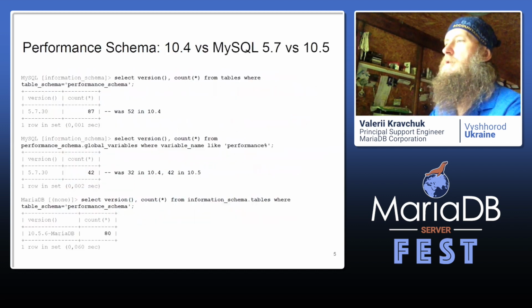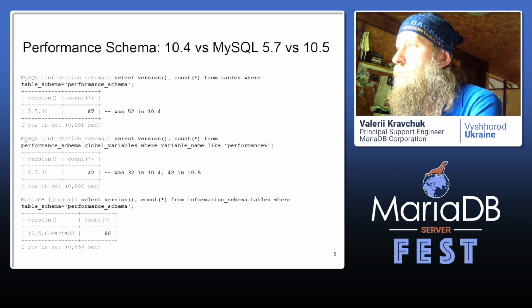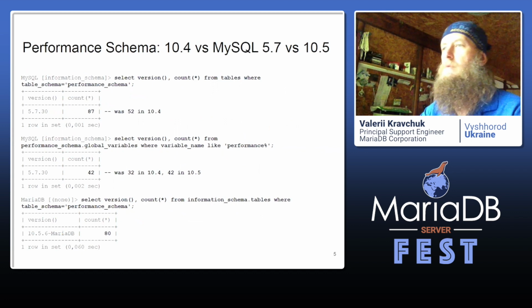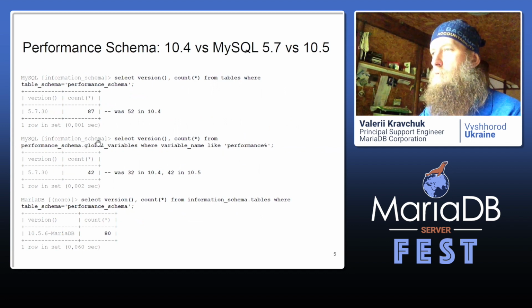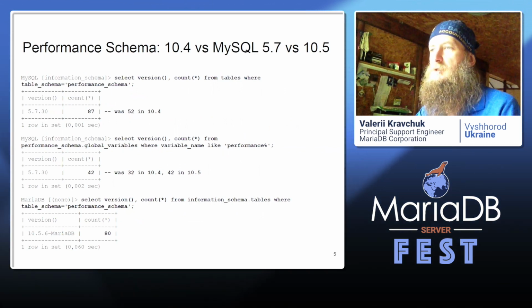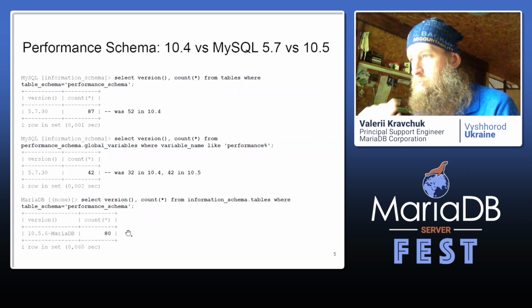Most important is surely the performance schema improvements that all our users have been waiting for several major releases already. To understand how large this change was, we can compare the number of tables in performance schema. That was 52 in the previous release, compared to 87 in MySQL 5.7 and 80 in MariaDB 10.5.